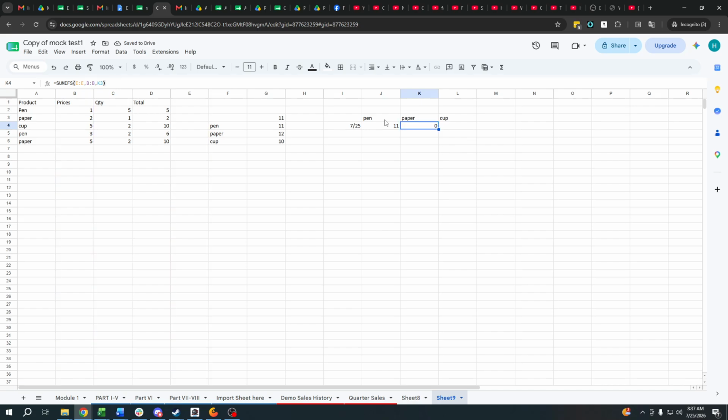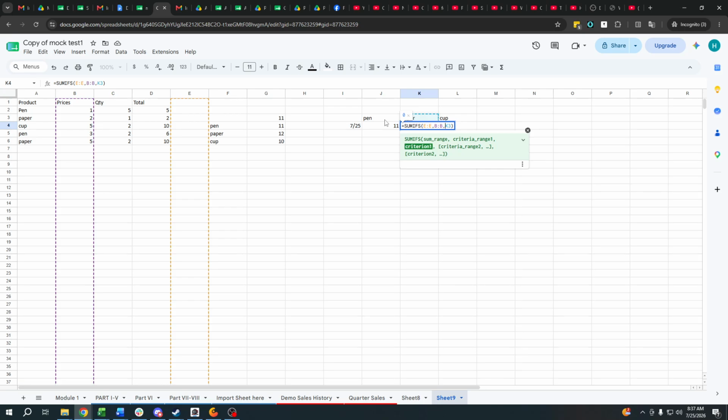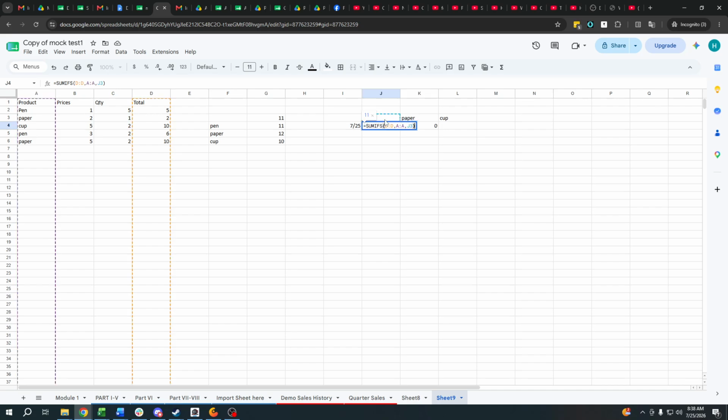Why is that? Because you did not apply the locking mechanism to our range and also our keyword. This one is referencing J3, and here it's correct, J3, but what is wrong with the formula that we use? For this one, we are using D, D, A, A, but when we apply the formula next to this one, it's E and B. So that's why we have to use the locking mechanism.